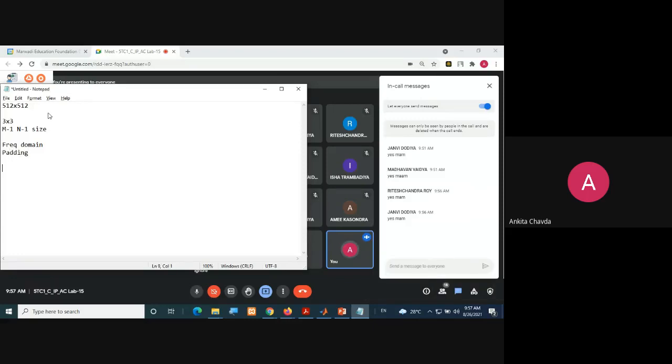What you will do in padding, you have to make P equal to 2 into M, exactly double in size, and Q equal to 2 into N. So if your image size is 256 cross 256, or I'll give you a very simple example, 500 cross 500, your padding parameter size would be 1000 cross 1000. Are you getting? It's exactly double your original image.